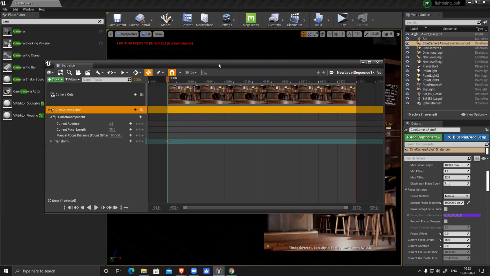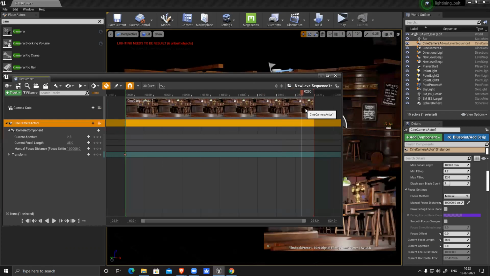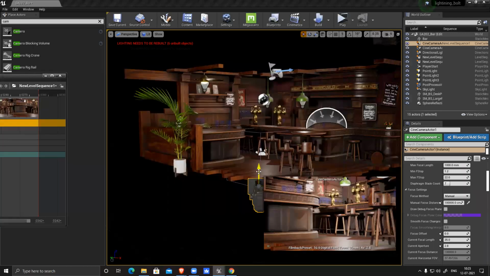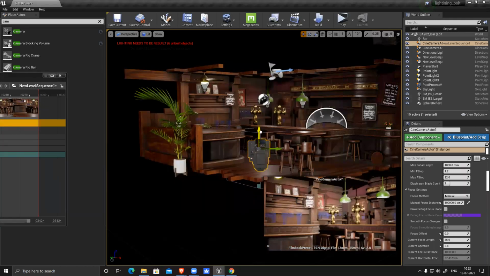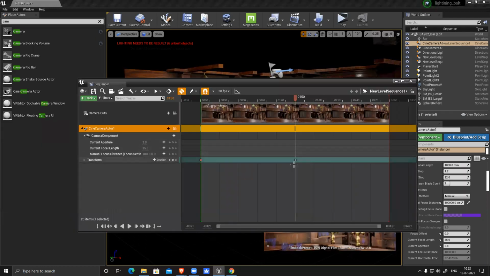My auto key is already on, and then move the timeline first. If I want to change in between also, maybe at 150, I want to move it up here halfway. See, it will create a point here automatically, a key, and then 300.